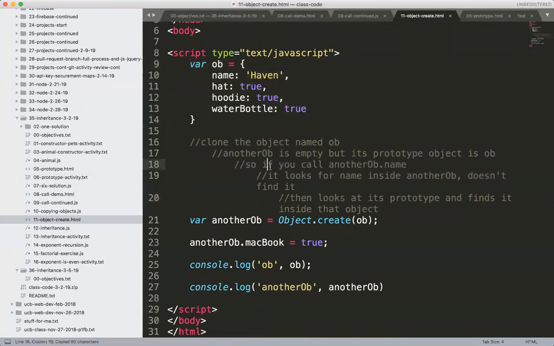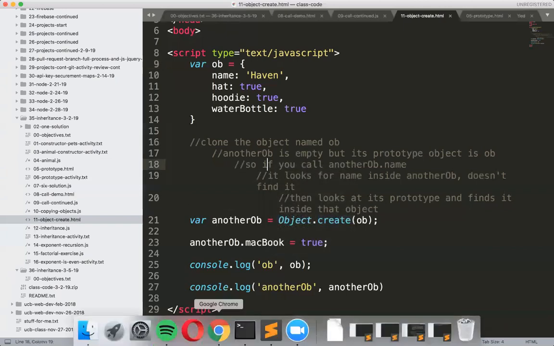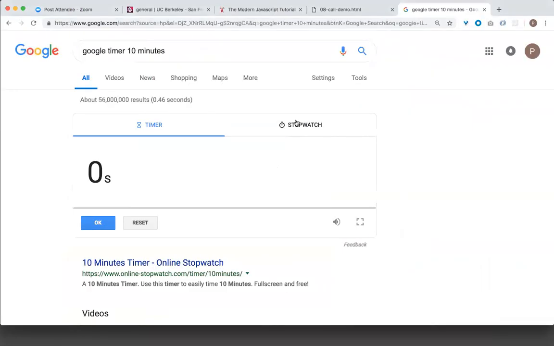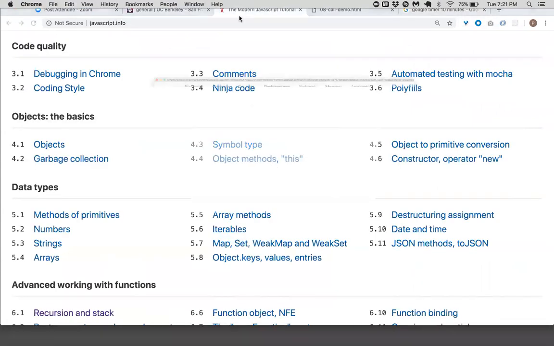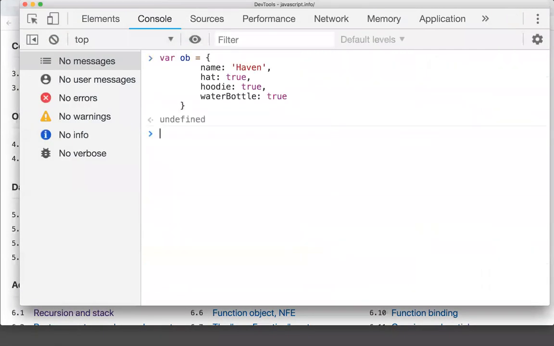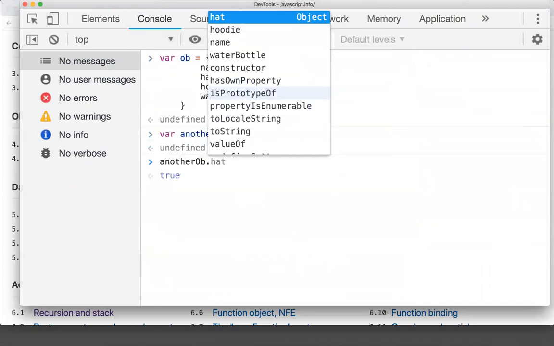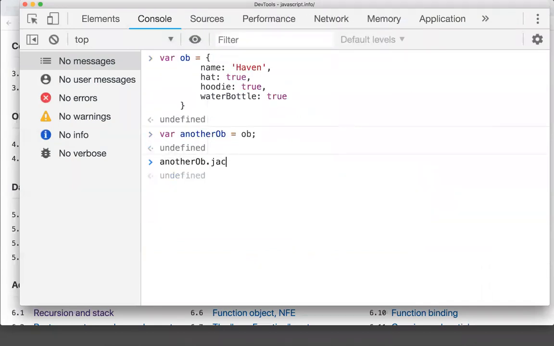So let me just show you what happens. Let me see this from scratch. I'll make this object, just a plain object, and now we'll make the variable another ob. In this example, I'm going to do this kind of wrong. I'll just do ob like this. If I do another ob dot jacket equals false,